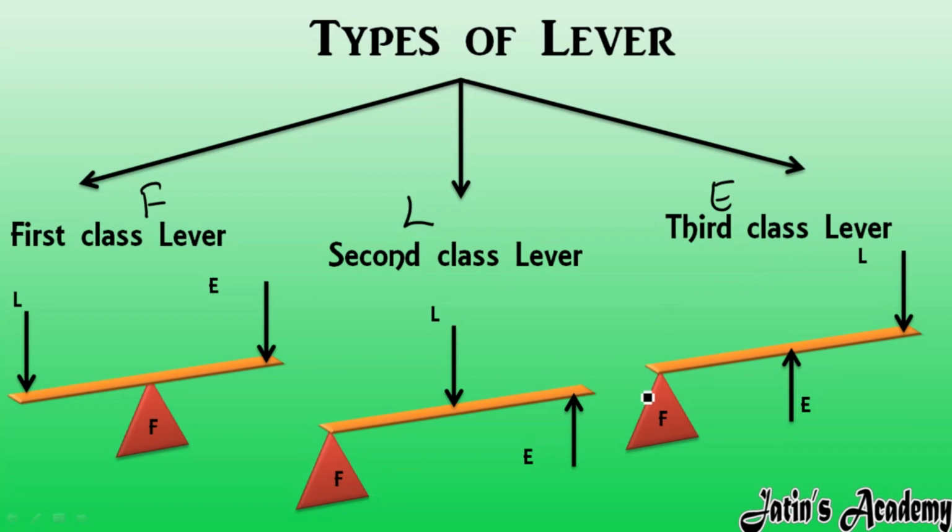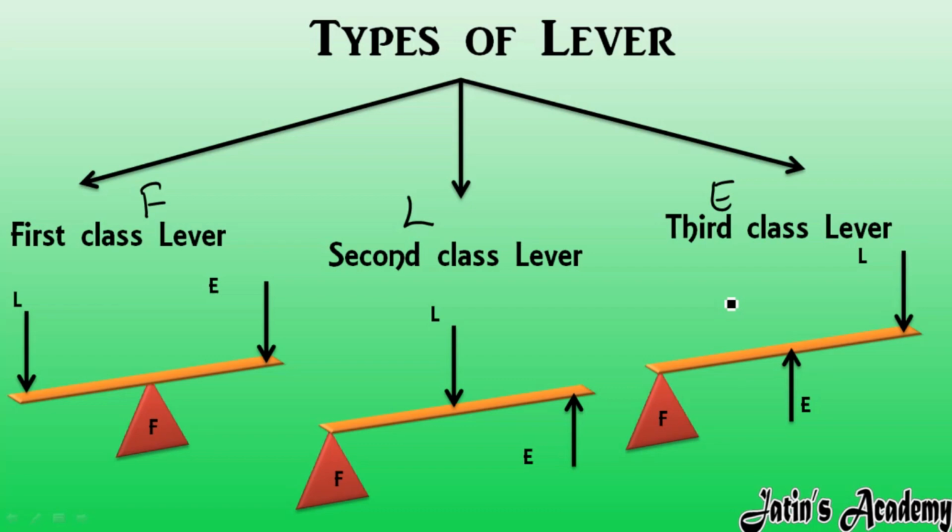In a second class lever and third class lever you have to remember that this fulcrum you have to take on left hand side only. Fulcrum you will take in left hand side only, and in second class load is in center, then obviously effort will be at last. Similarly in third class lever, effort is in center, fulcrum I told you have to take at left side only. So what is left? You are left with load. So obviously load is at the right side. So like this you can learn the arrangement of the first, second and third class lever, and one by one we are going to discuss why these arrangements are like this.